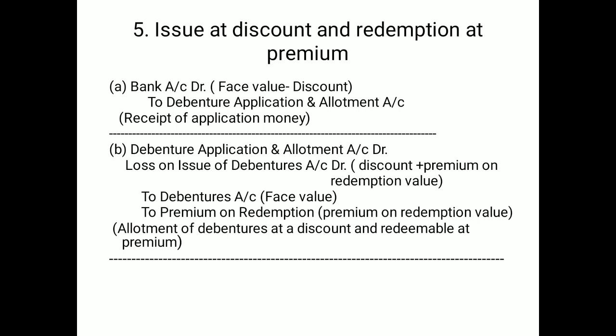And then the premium on redemption is credited and transferred to the loss, with the debited name loss on issue of debentures, with suppose 10. So you may see the losses are here on the debit side with the name of two: one is discount and second is loss on issue, premium on redemption. So here you may write one word in place of the two, loss on issue of debentures, covering the discount value as well as the premium on redemption value. You may pass them separately or you may do it collectively also.